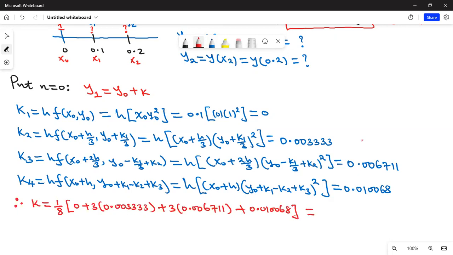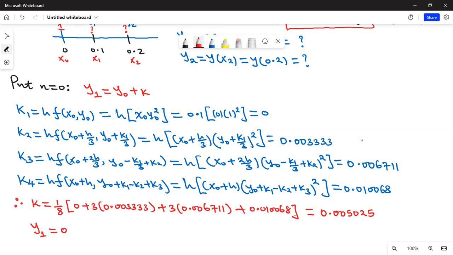If you press this in your calculator, you need to get 0.005025. And so our y1 is equals to